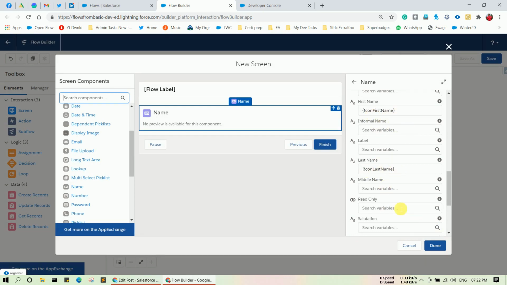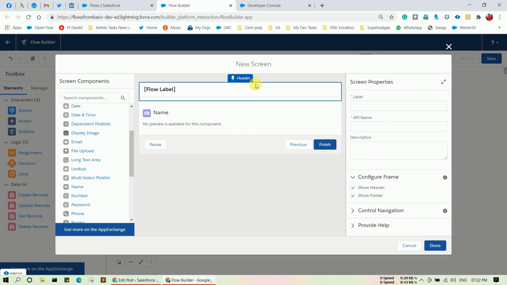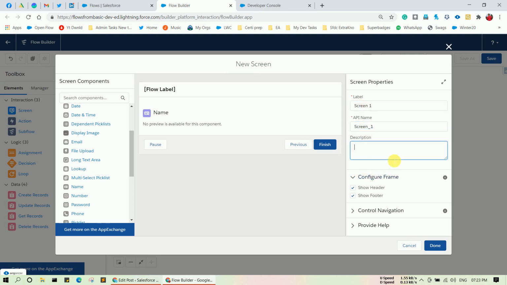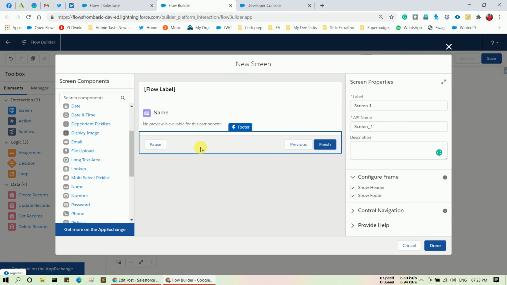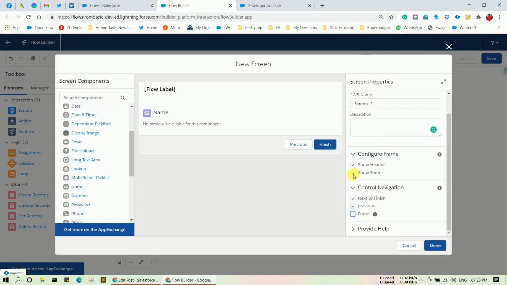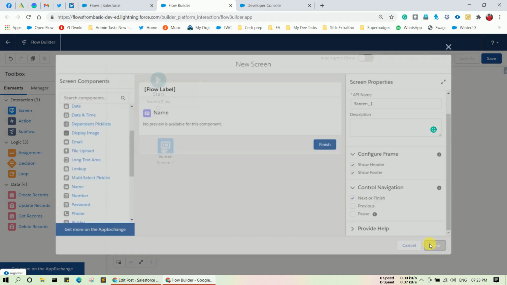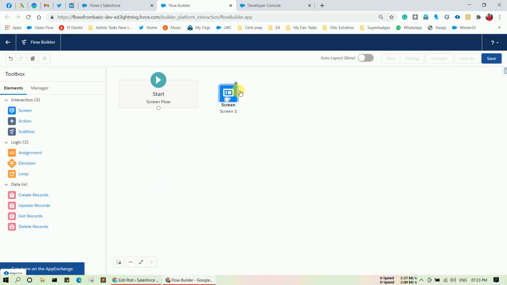Simply provide the label to the screen, let's say screen1. You can also configure the footer. I'm going to deselect the pause button and previous button on the very first screen. Simply click done. Now connect the dots.